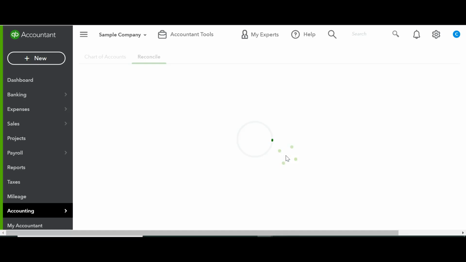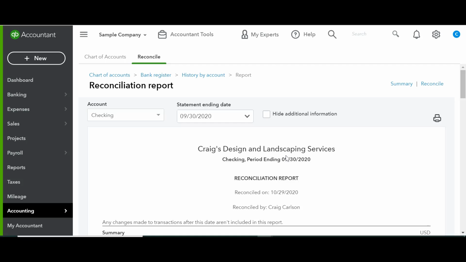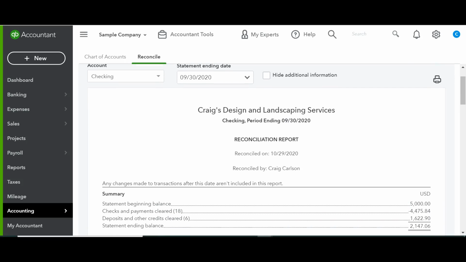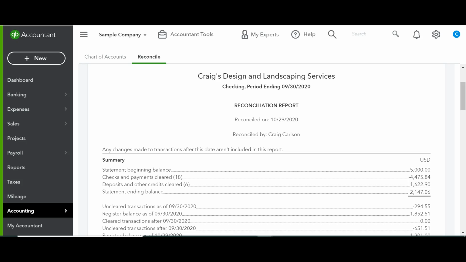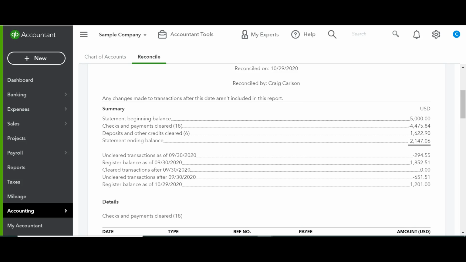Click on this View Reconciliation Report. What this will give you is a reconciliation. Obviously, who it was reconciled by. This is a sample company, so it would say my name if I was logged into my account. Statement beginning balance, which should agree with the prior month. All the checks and payments that went out in total, all the deposits that came in, and then you get the ending statement balance, which again is that number you put in that pulls from